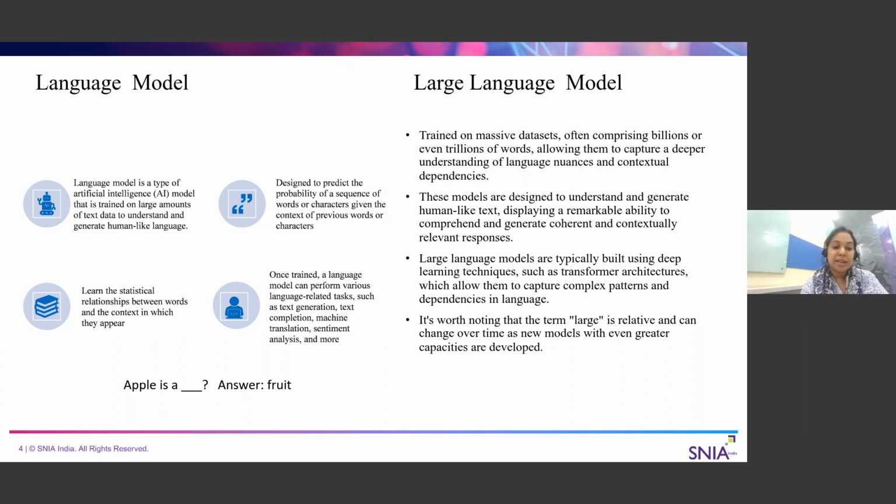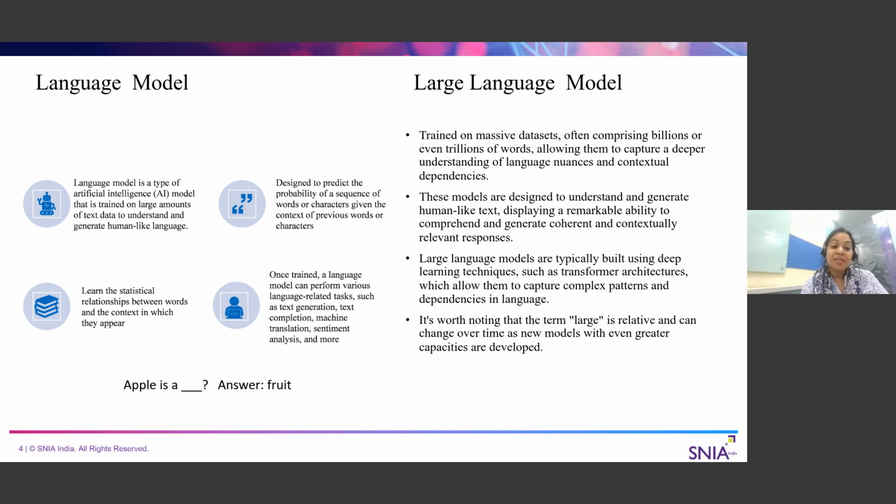Like, let's say I train my model, right? With whatever is currently available. And if I say apple is a dash, what is apple? By default, it gives a fruit, because apple is generally, and it depends. If I'm not training my model with the generic training data, I can fine tune it in such a way that it will end up saying that apple is a big company or something else. It can, depending upon the context on which you have trained your model.